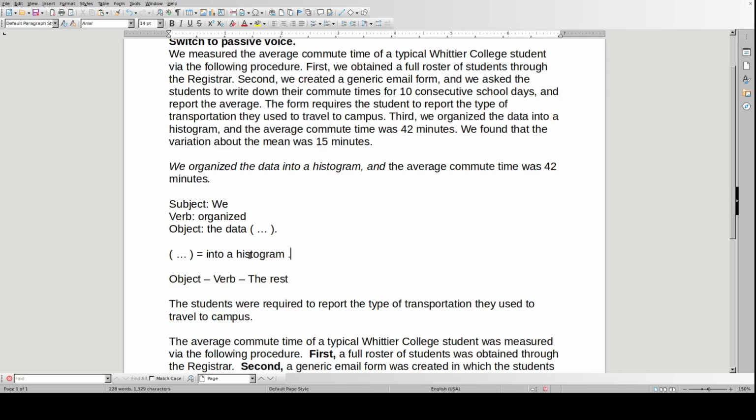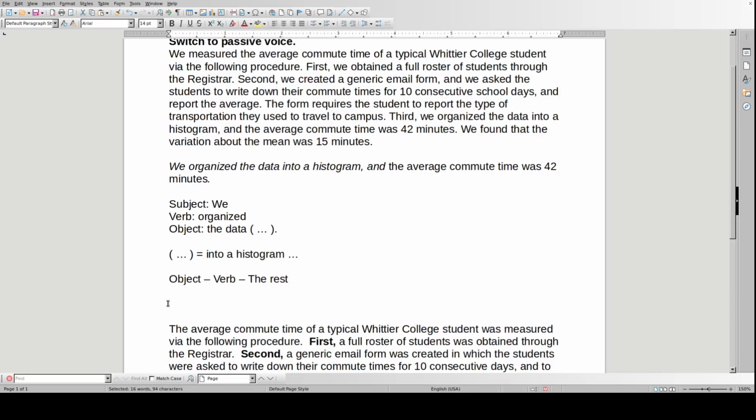And then let's leave the rest of the sentence for the next passive voice conversion. So what we want to do is get the object first, then the verb, then the parenthetical rest of the sentence. So let's put the object first, the data, and then